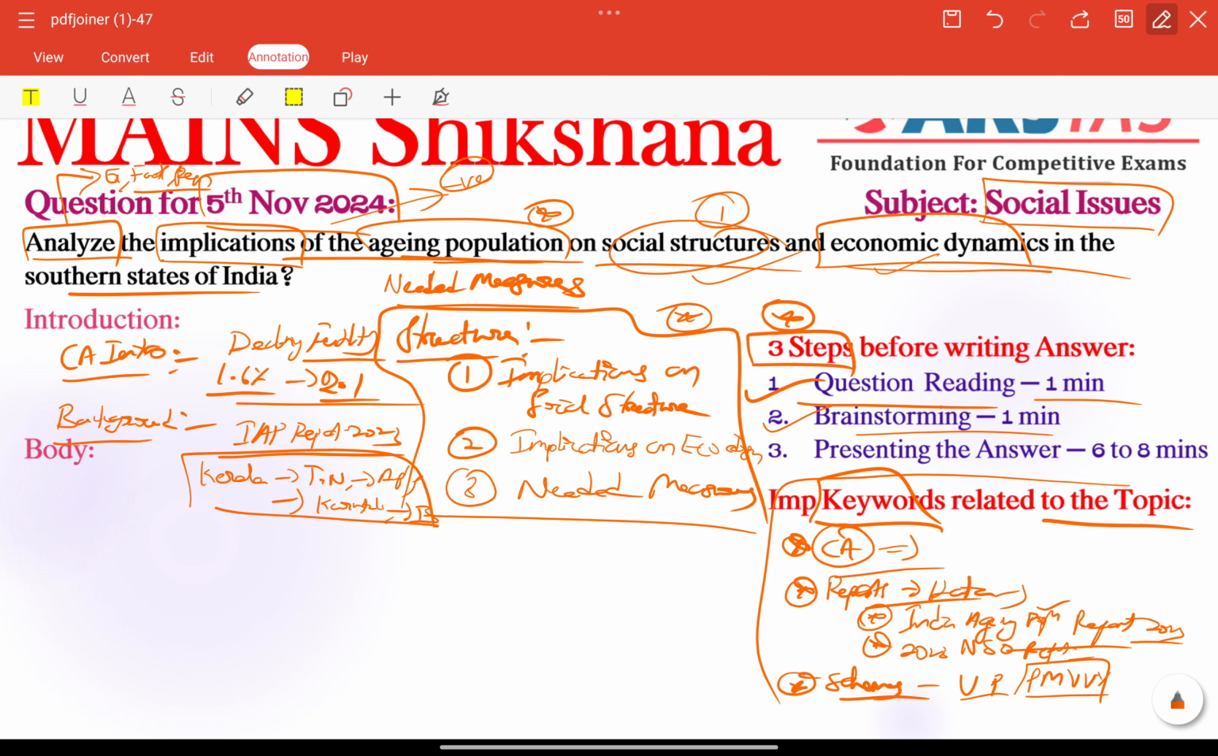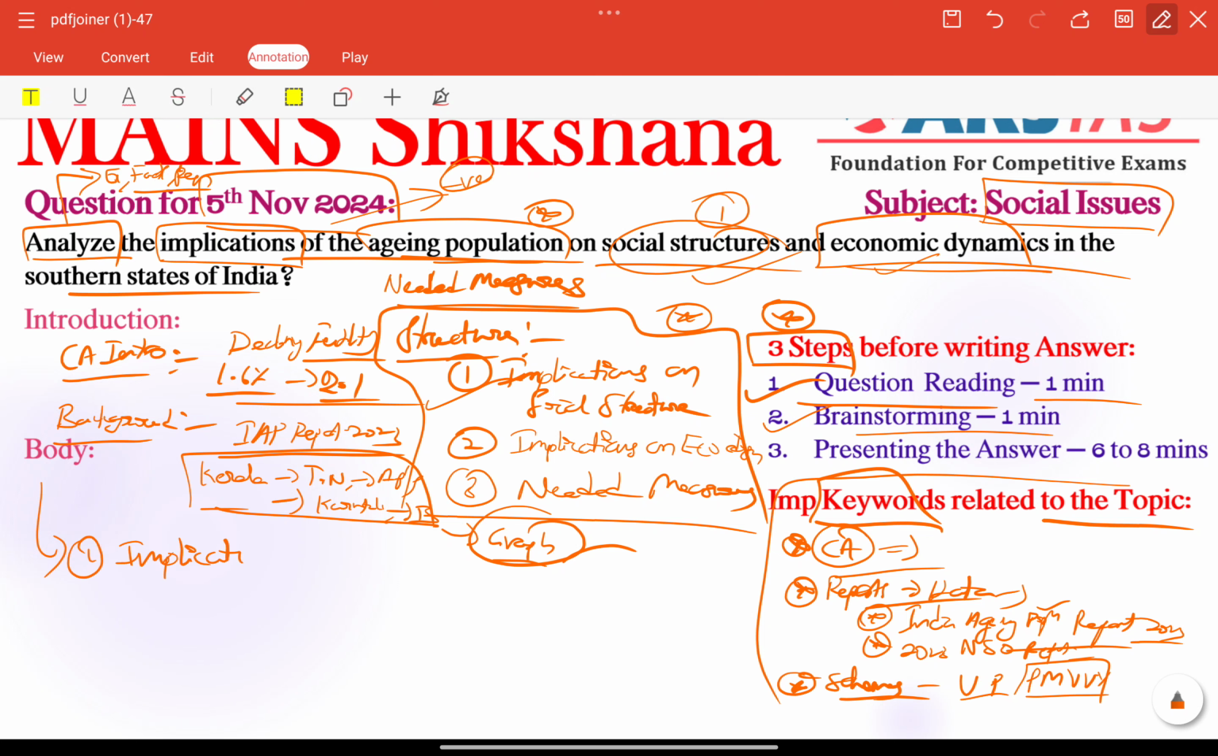These states' fertility rate, especially declining fertility rates, we need to include here using a graph. We can use a graph here, a table, right? So that is most important here. So in the body part, we can start with our structural part, but the first important thing is implications,